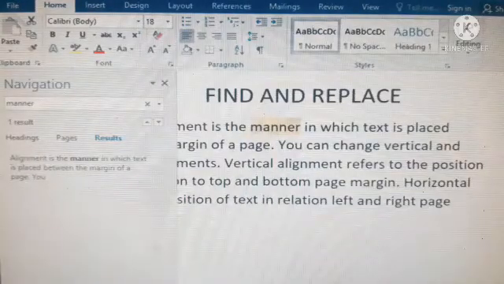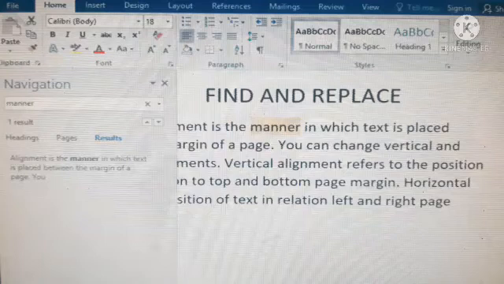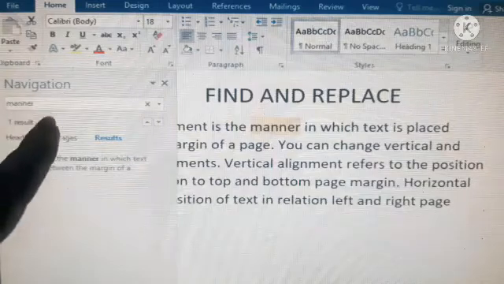Have you understood? If you want to find a word in the document, we have to click on the home tab. In the home tab we can see the editing group. Under the editing group we have the find option. If you click on the find option, the navigation pane will appear at the left side of our window. In the navigation pane we have a text box.